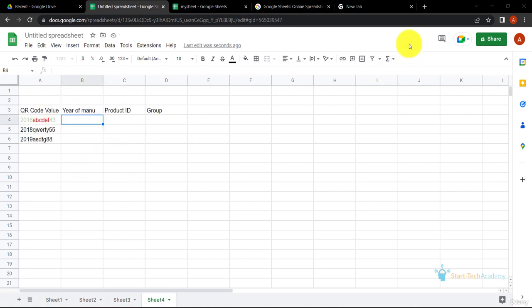The next text functions are left, right, and mid. Left, right, and mid are the functions used to take a part from the string. If I want to take a part starting from the left side, I can use left. If I want to take it from the right side, I can use right. And if I want to take it from the middle, I can use mid. So this is the QR code. We have the year, then we have the product ID, and after that we have the group. If I want to separate year, product ID, and group from this QR code, I can use left, right,